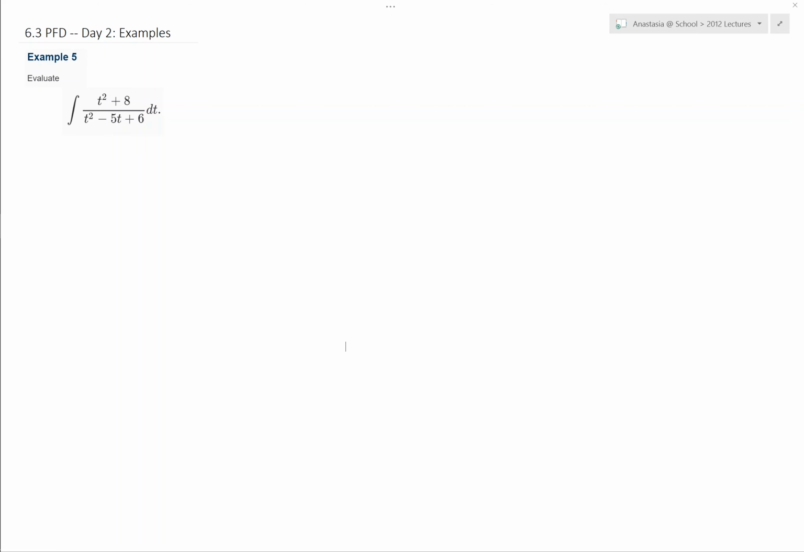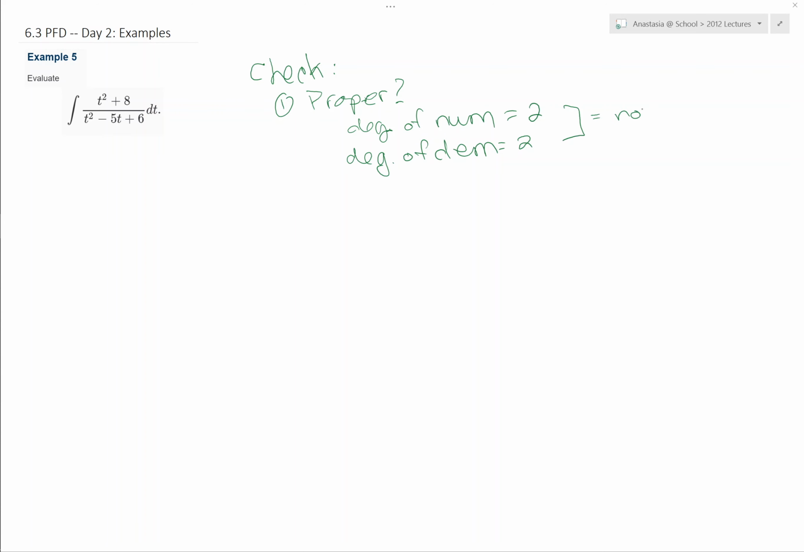Now remember, with partial fractions, we first need to check if the fraction is proper. So the degree of the numerator is 2. The degree of the denominator is 2. But we need the degree of the numerator to be strictly less than the degree of the denominator. So this means that it is not proper,